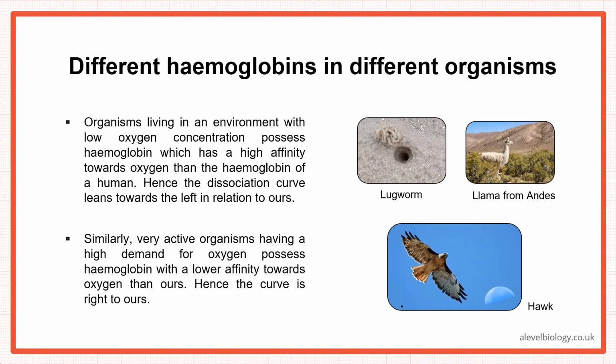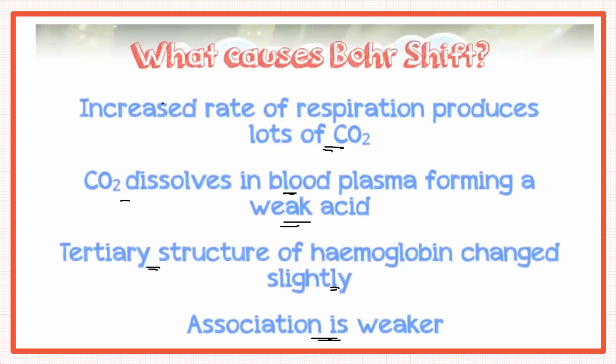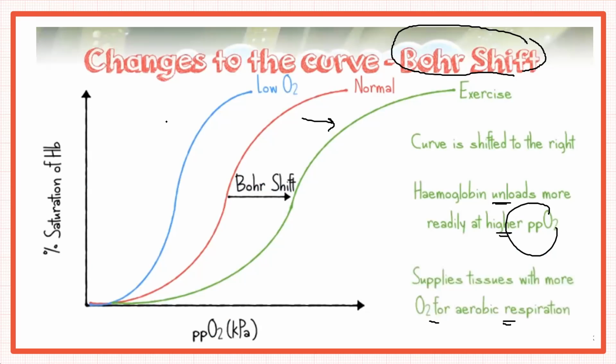Okay then, when we are talking about these oxygen dissociation curves, remember that different organisms have different types of hemoglobins, so they will react differently. Organisms that live in an environment with low oxygen concentration, so remember we are talking about a low partial pressure of oxygen. What will happen with organisms which live in such environments? Their hemoglobin will have high affinity for oxygen. The pressure will be low, so the curve will be shifted towards the left, and these organisms will have higher affinity for oxygen. So you can look at the blue curve here.